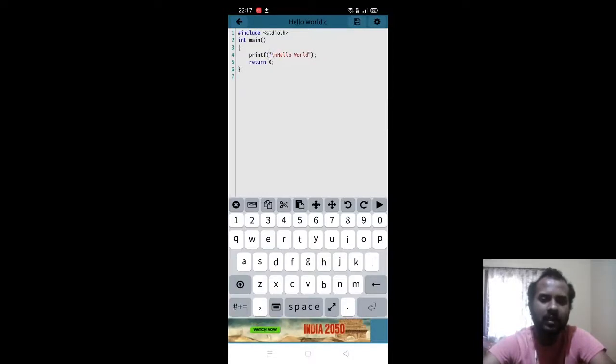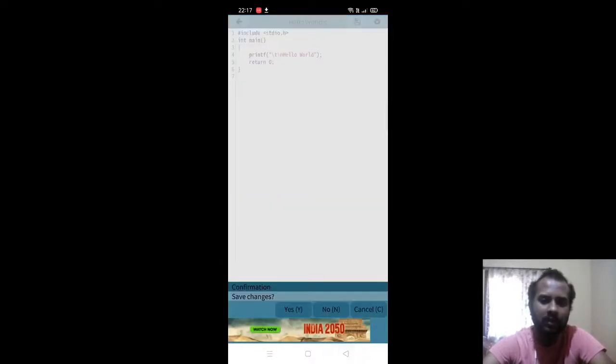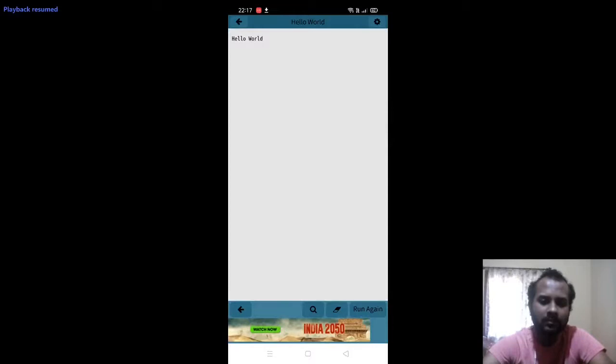Now let me reverse that. First I am going to have the \t, then I am going to have the \n. Then what will happen? The \t is provided in the first line only, right? Then the \n means it is directly coming to the next line, and hello world is printed from the starting only. No four spaces or tab is given here.